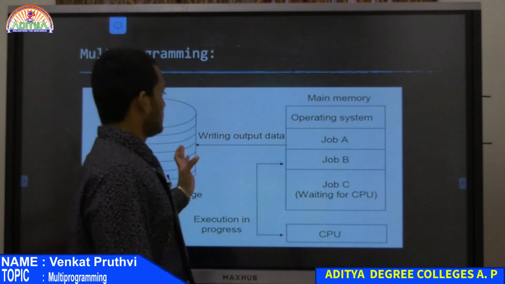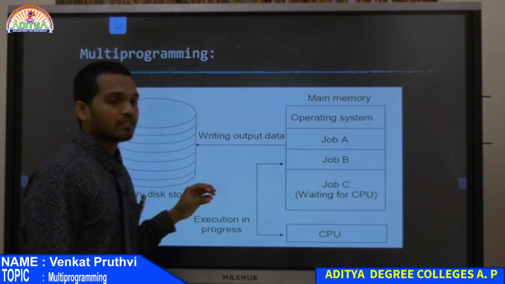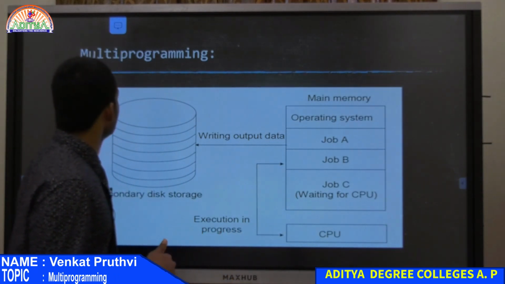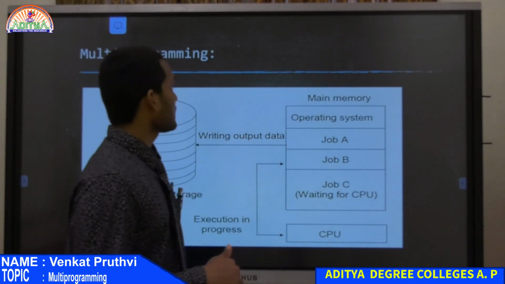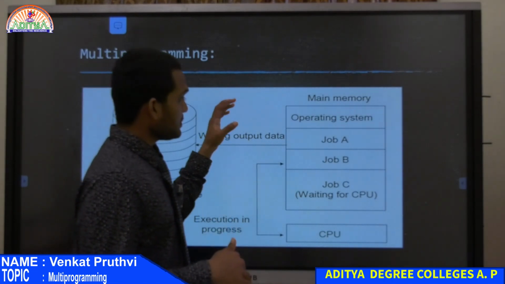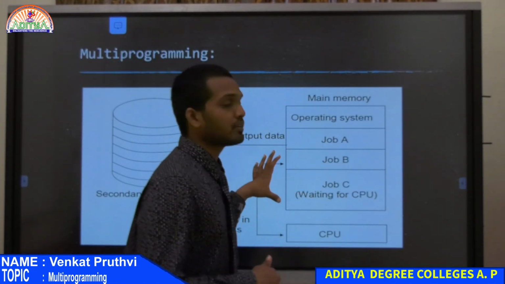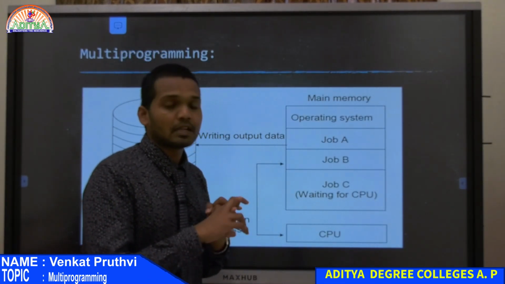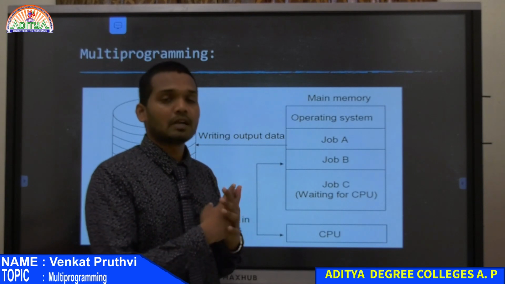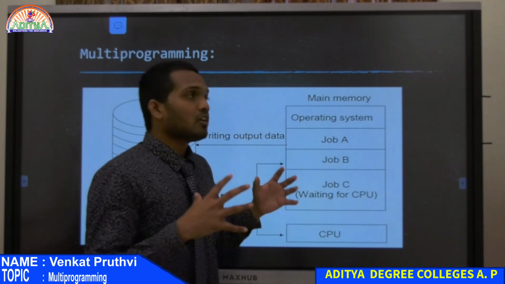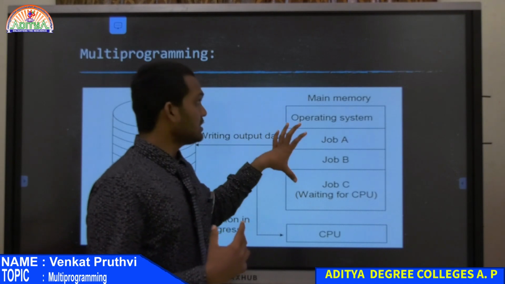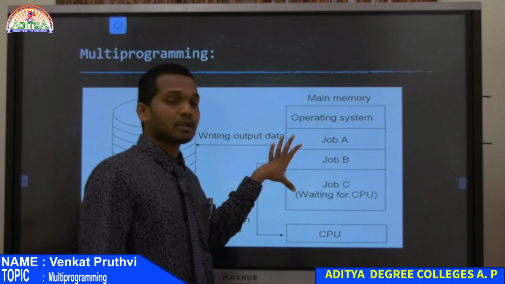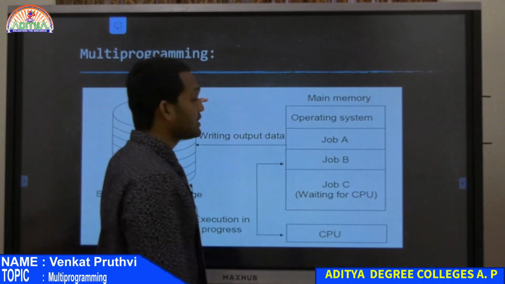Now the same diagram is here, but it is giving you even more details about the different processes happening inside your multiprogramming system. Okay. Now if you see this, the main memory is the most crucial part for any programming concept. Whether you take uniprogramming, multiprogramming, multiprocessing, multitasking, multithreading, whatever it is, all the changes happen only in the main memory. If you understand the changes that are happening in the main memory, then you will be able to easily differentiate between the different